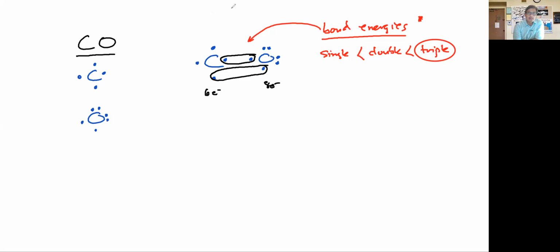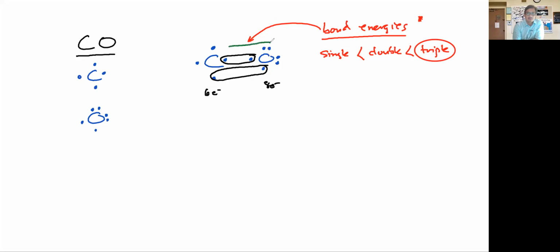What carbon and oxygen can do, or what we say that they may do, is that the oxygen takes one of its lone pairs and shares it with carbon, which means that this third bond of the triple, so it will be a triple bond, folks. It will be a triple bond. But the third bond of the triple bond,